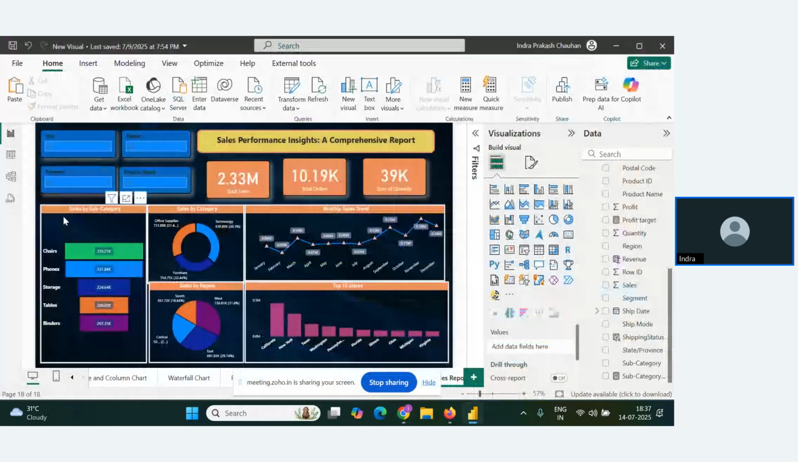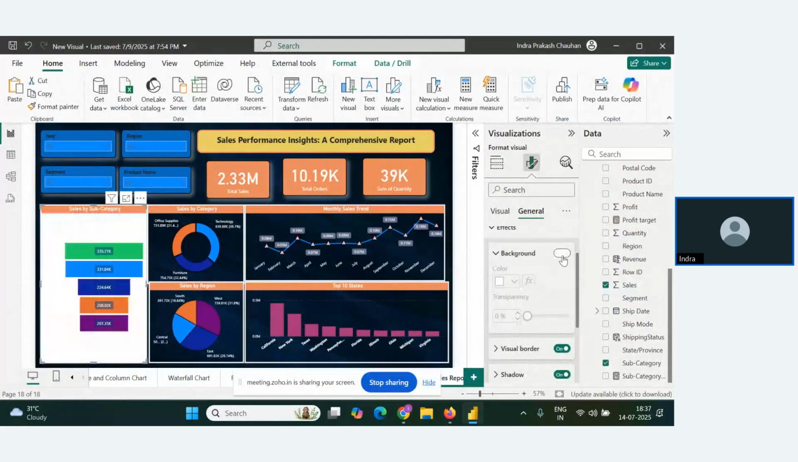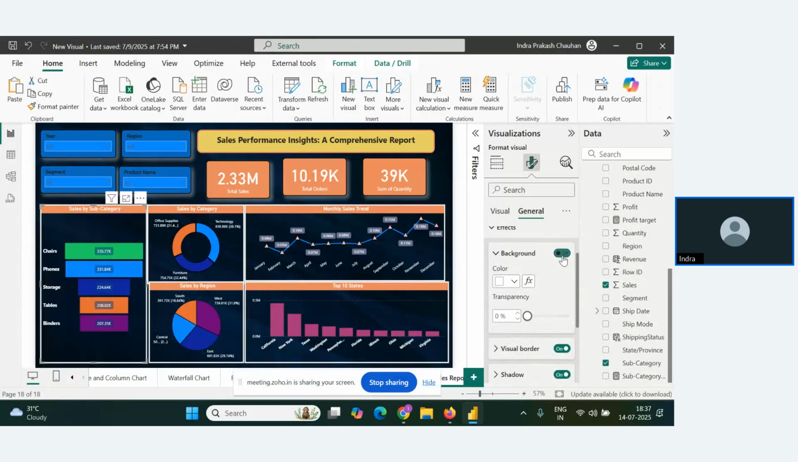You have to first select the visual, go to format settings, go to general. Here you have effects. Make the background off. Okay. If you switch it on, it will become, keep it off. And once you keep it off, accordingly, you have to set these colors. It will look good if you have some white background or dark background. Now for this visual, let's say I want to give